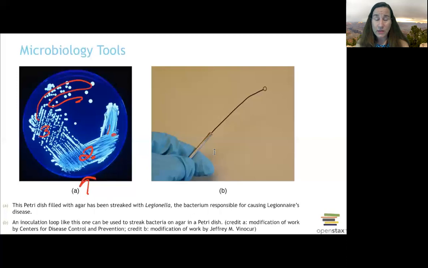And this is what is needed to study the organism. Get those individual colonies. What color are they? What's the growth pattern? What does it look like? Then you can sample those and put them on a slide, because you have isolated them with this streak plate. So these are all different tools that you will use in your lab,